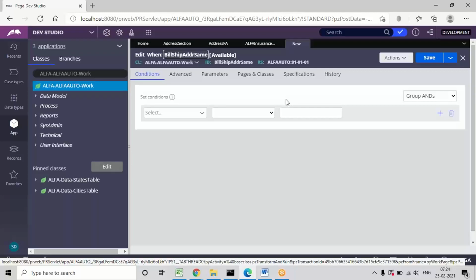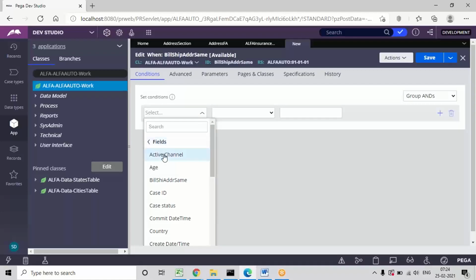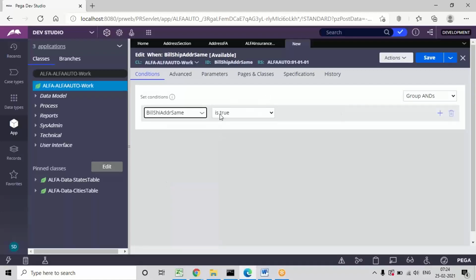Here you can choose the property and the condition will automatically populate. The only thing is we have to choose a boolean property. The condition will be taken as true by default, because when boolean conditions are given, it always gives the true value only. Just save this when condition.